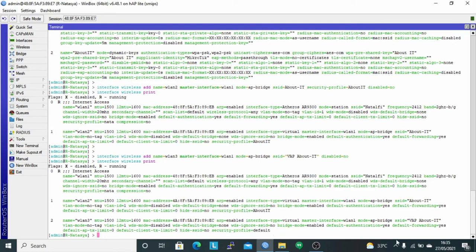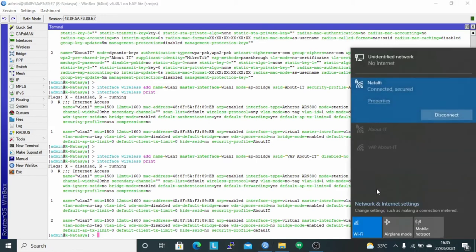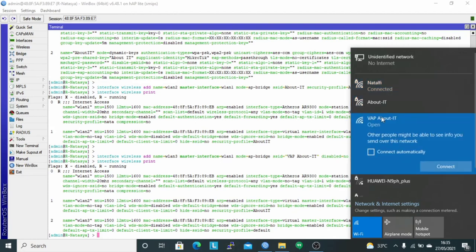Then check on the laptop. You can see that the SSID created previously using virtual wireless, WLAN3, has been successfully created, namely VIP about IT.